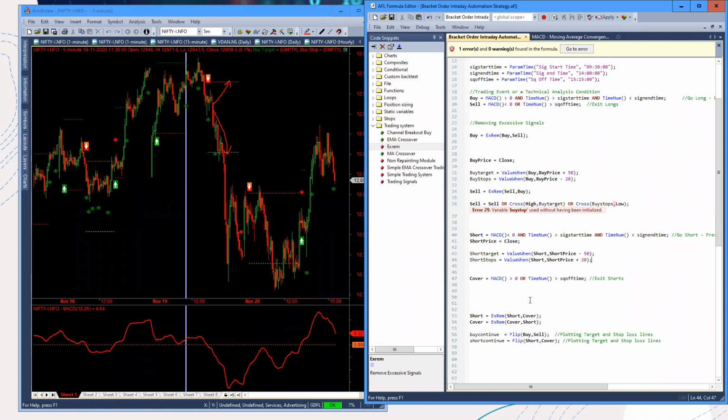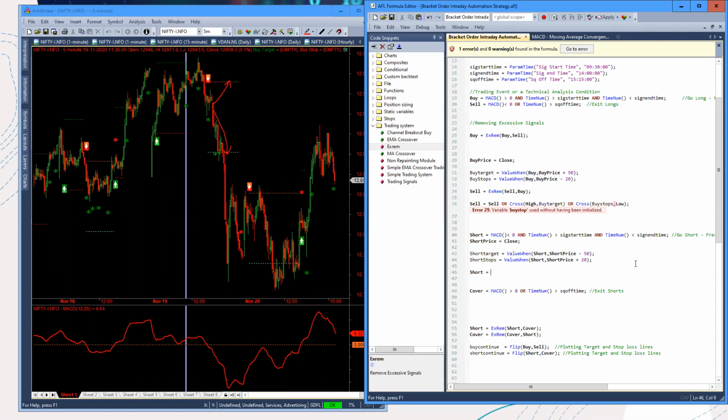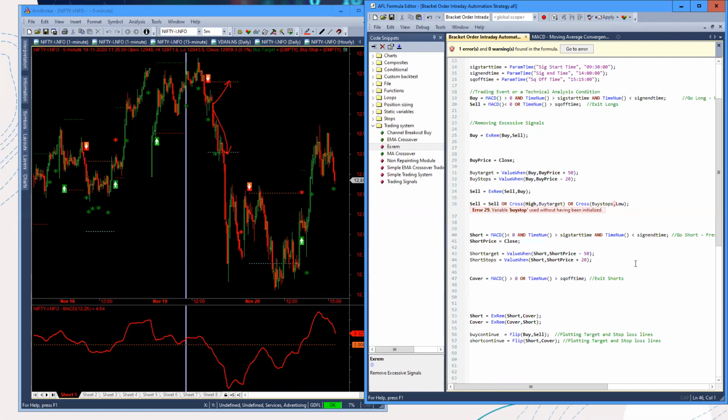Now what I'm going to do here, I am going to redefine my short signal. I mean, not the short signal, but my cover signal. My cover signal is whether the cover signal happens over here, or my cover signal also can happen especially after the touch of a target or a touch of the stop loss. So I'll say my cover signal is my previous signal, or I want to use the same thing over here. Cross off, high comma, short stops,